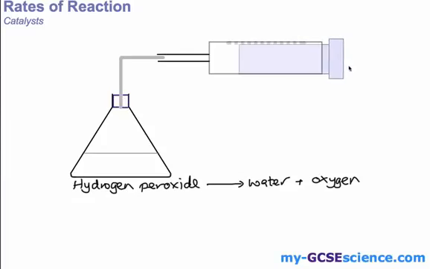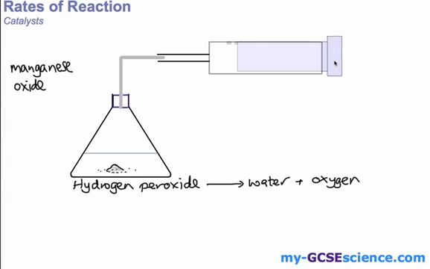Now, what you can do is you can introduce another substance into this reaction, and that's something called manganese oxide. Manganese oxide is like a black powder, and if you add that to the reaction, what happens is the oxygen is produced much more rapidly. So within seconds you would see this syringe filling up with oxygen until all the hydrogen peroxide had reacted and